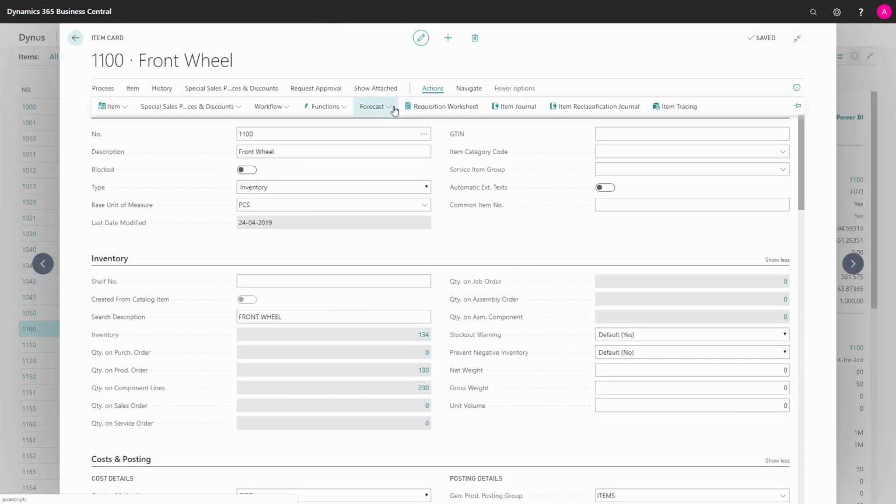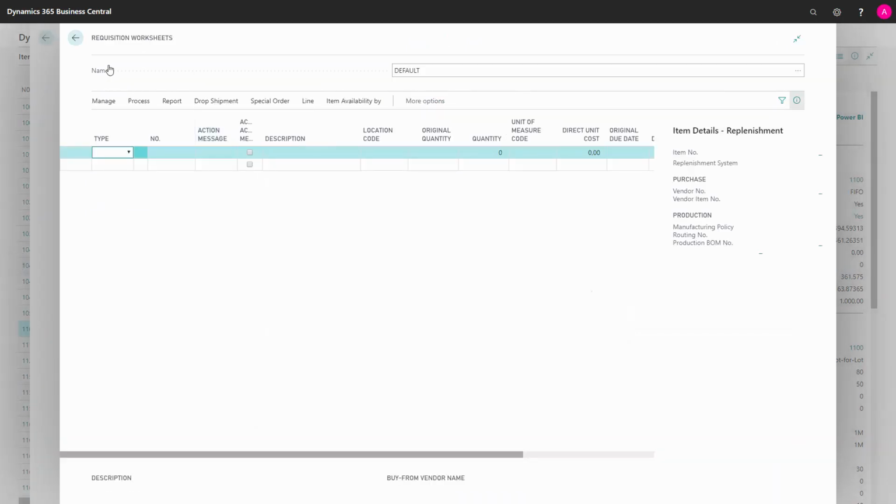Likewise, on the action on forecast, I have my sales forecast, which is an API. It's a plugin from Microsoft that intelligently calculates the sales forecast based on the events in my system. I'm not showing it here, but in another video. With this sales forecast, it's an intelligent suggestion on my actual forecast, and it's related to my item sales forecast. Then I can open my requisition worksheet directly from my item card on this item.